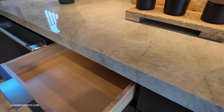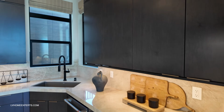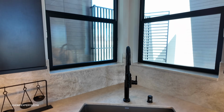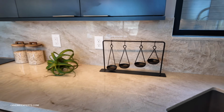Full overlay cabinets. I love this, that modern style cabinets here. This is very unique right here with this sink, kitty cornered on the window here. Man, I love the